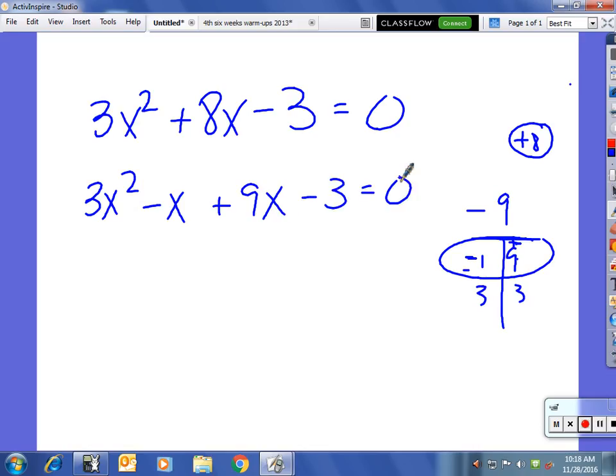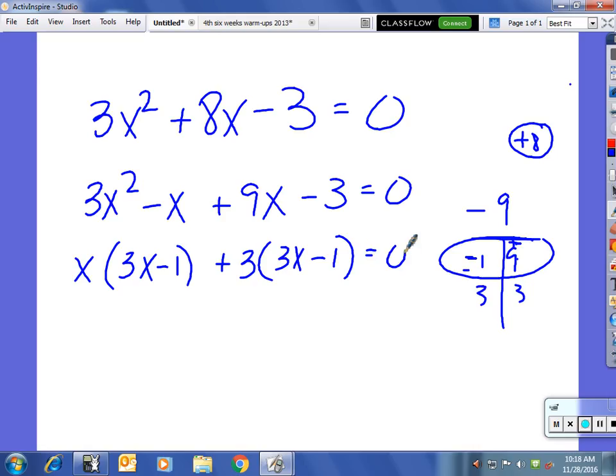You can do it either way. Okay, so I rewrote the positive 8x as a negative x plus 9x. Now I'm going to GCF this thing. What's the GCF of the first two? X, and you're left with 3x minus 1. What's the GCF of the last two? 3, and you're left with 3x minus 1. Now you take out 3x minus 1, and you're left with